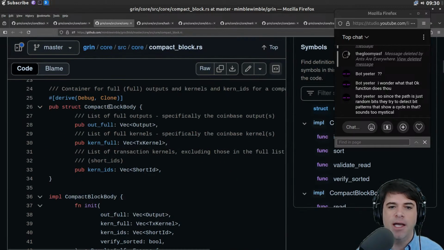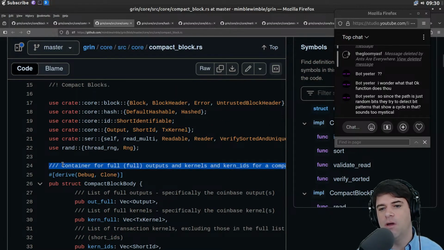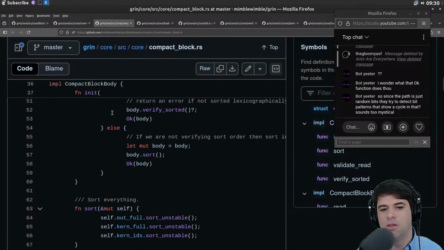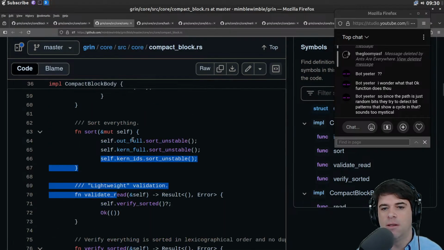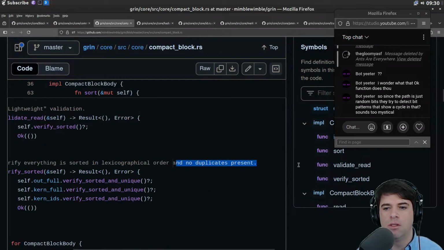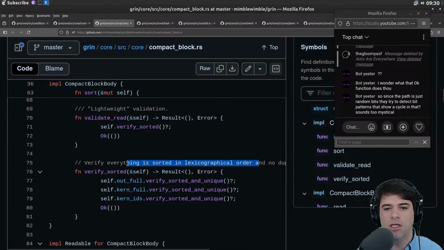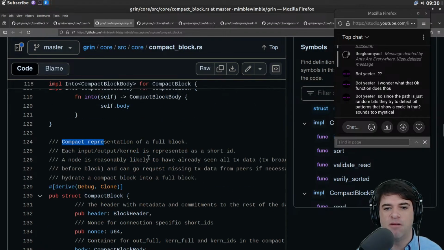Leave that open. Compact block. I'm assuming compacting might just be removing things that are canceled out, but who knows? Sort everything. Lightweight validation. Verify everything. Stored in lexicographical order and no duplicates. Okay, so we're going to sort, remove duplicates, and then compact representation of a full block.